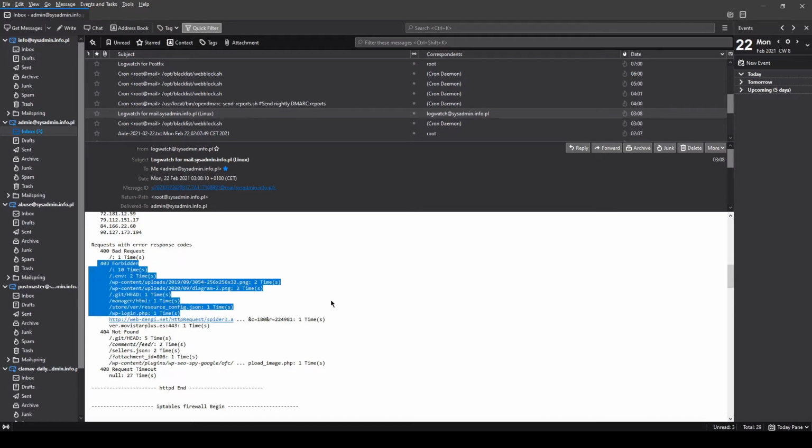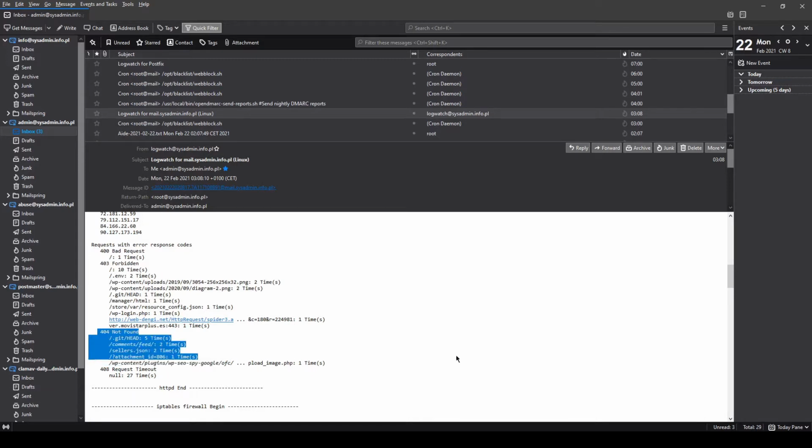403 forbidden is the correct answer from the server. 404 not found is also okay, but you can get rid of the 400 bad requests if you want. You can get rid of not found if you want. It's not a problem. You can see hits of 5 times, 2 times. So this is something that should not have been placed. And if you want to get rid of this,